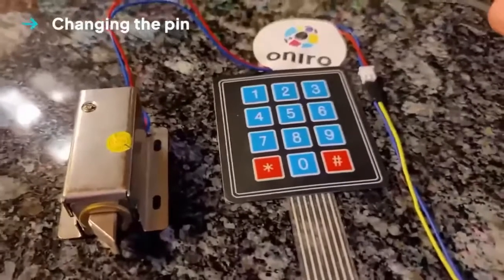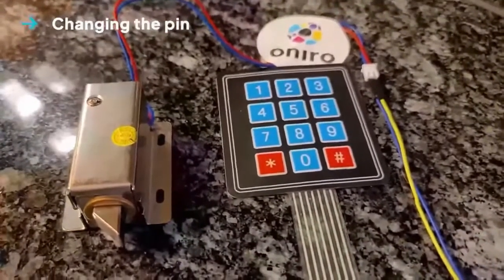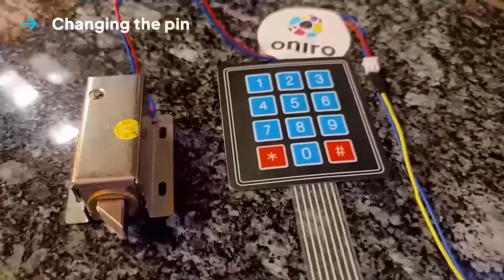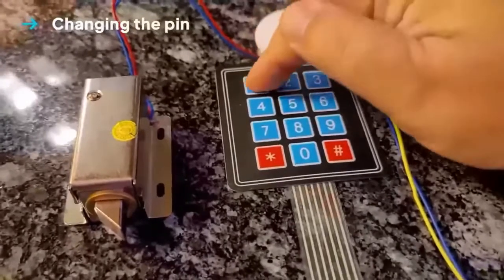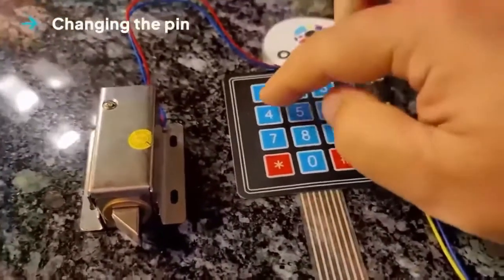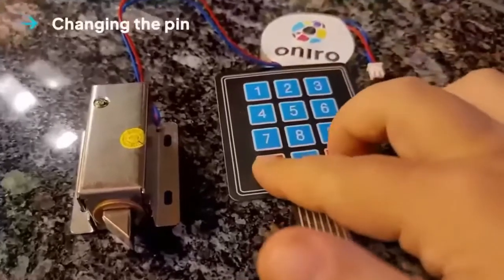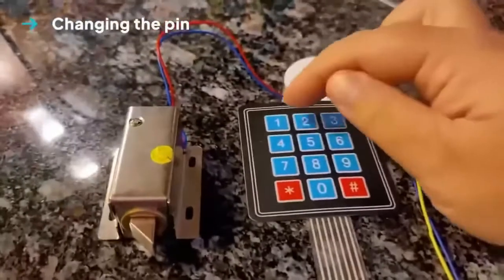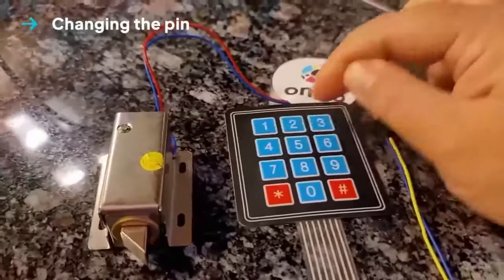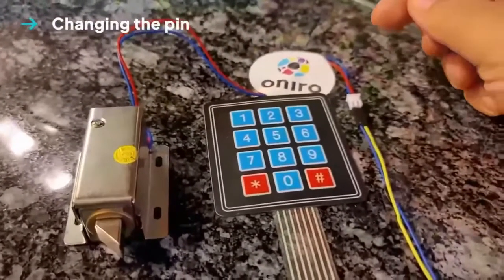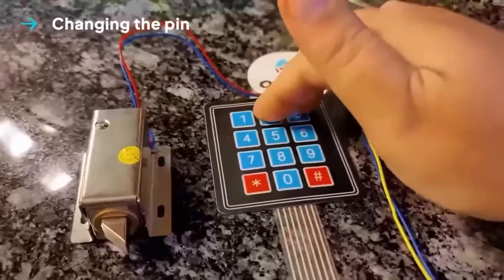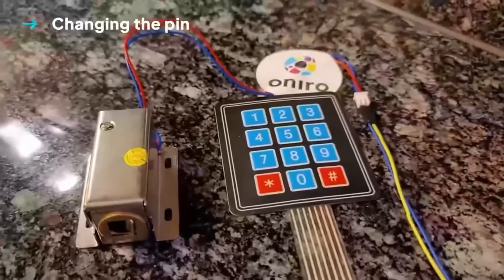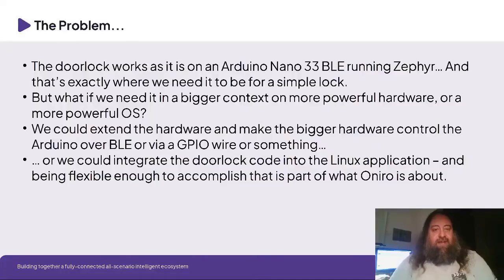One special feature is that the pin can include multiple digits pressed at the same time. So let's still use 1, 2, 3, 4, but 2 and 3 pressed at the same time. 1, 2, 3, 4, and we are done. The LED stops flashing, and our old code of 1, 2, 3, 4 just won't work anymore. But 1, 2 and 3, 4 opens our lock. So, as you have seen, we have a nice